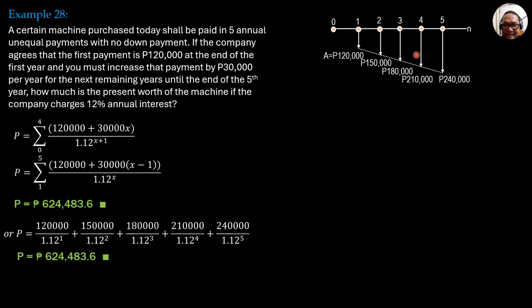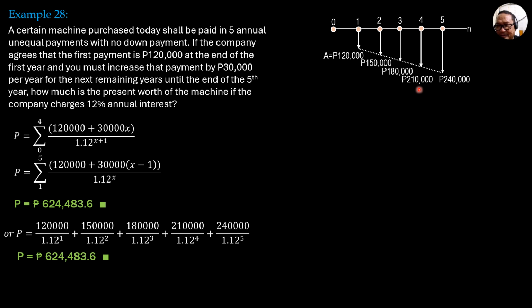Then for this uniform arithmetic gradient, the formula is P sub G, wherein G is 30,000, divided by i times quantity 1 plus i to the n minus 1 all over i,